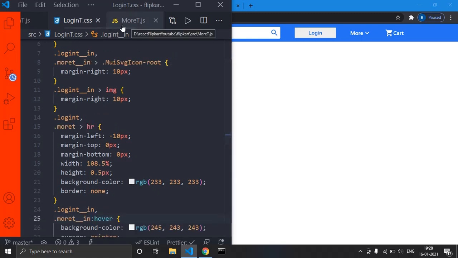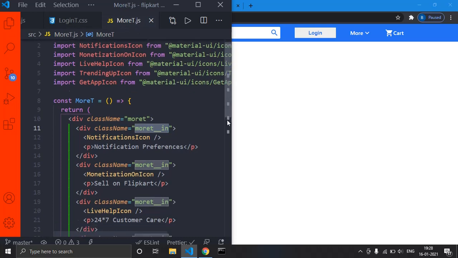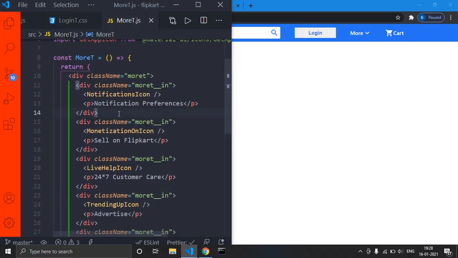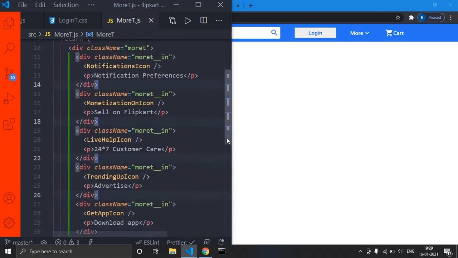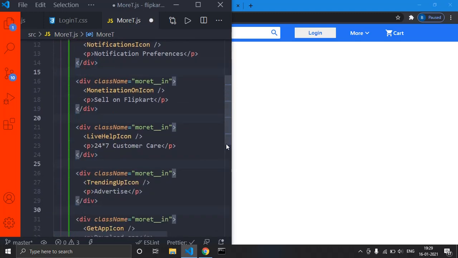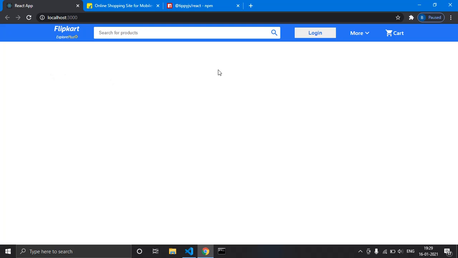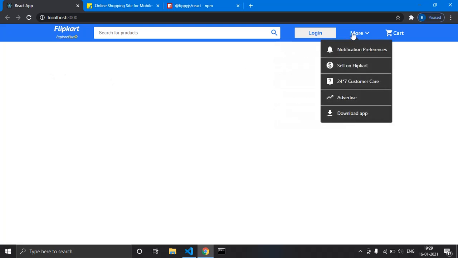See, but we have not given HR in more t.js, right? So let us get in there and give HR. Press the alt button and keep your cursors where you want to give the HR. These are the places we want to give HR. Now click enter and write HR and press tab, press Ctrl S, save. Make sure that your browser is refreshed.